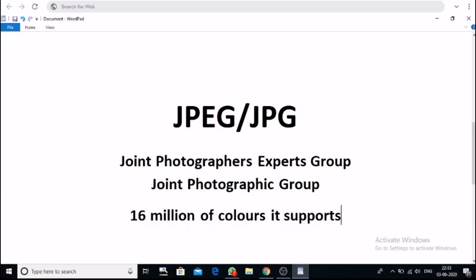After compressing the image also, it shows good quality without losing it. It is a lossless image file format. JPEG is also known as JPG. So this is all about JPG.